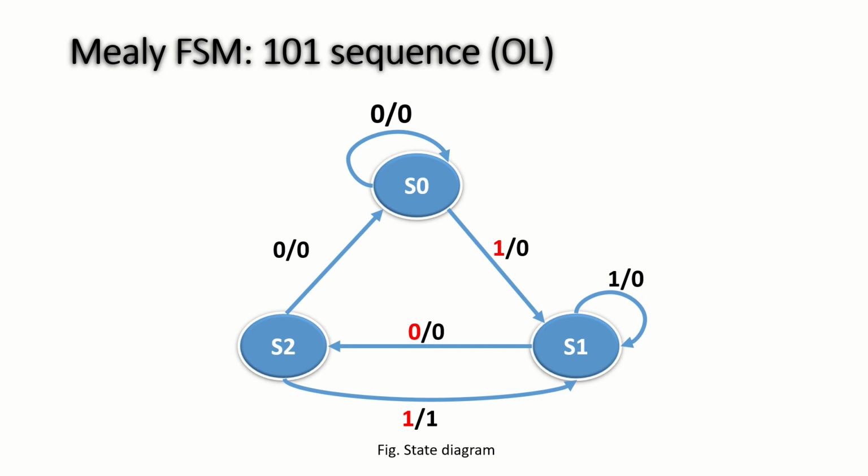Now we will first see the Mealy FSM, and here we are considering the sequence 101 with the overlapping case. The 3 bits mean the required states are 3: S0, S1 and S2. When we are at S0, we have two possibilities for the input. When the input equals 0, the output would be 0 and it will remain in the reset state. When the input equals 1, it will move to the next state, and again the output would be 0. The output would be 1 when we detect the entire sequence 101.